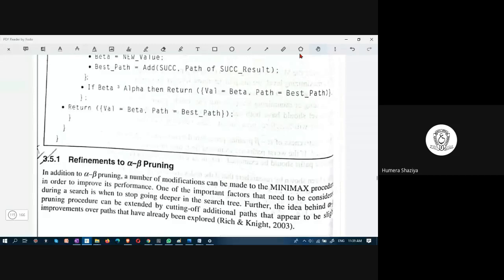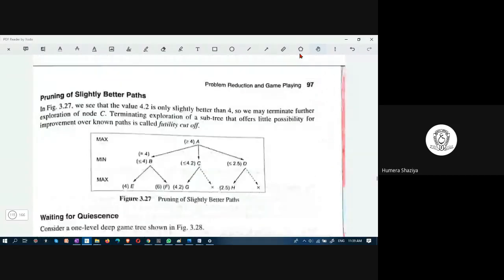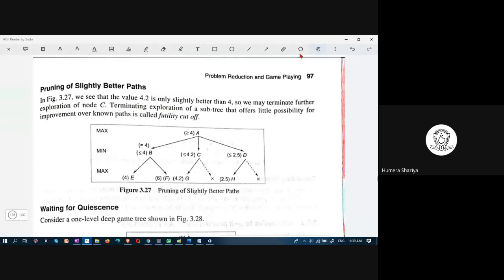All right. Then refinement 2, alpha beta pruning. What else can we do to make it better? Pruning of slightly better paths. Here we see that value 4.2 is only slightly better than 4. So we may terminate further exploration of node C. Here node C,